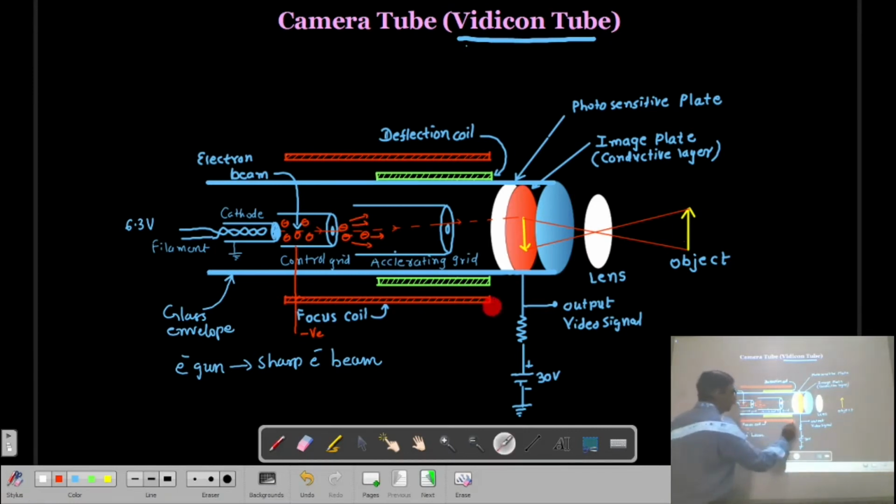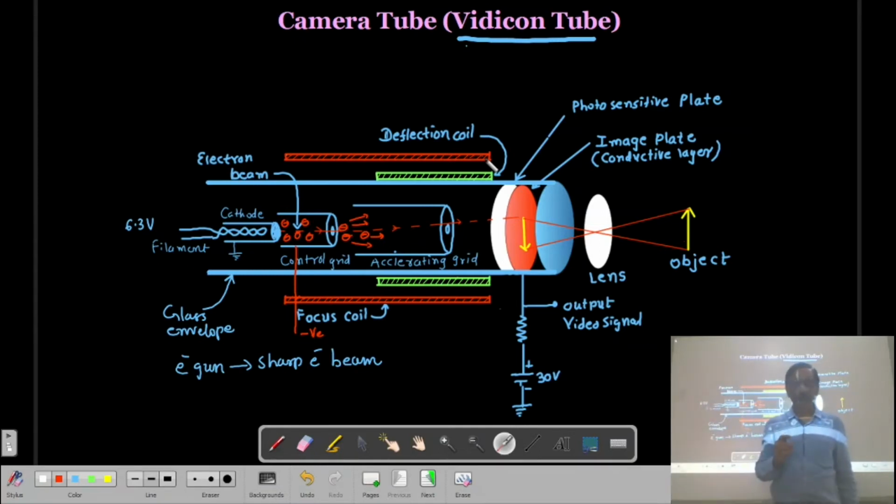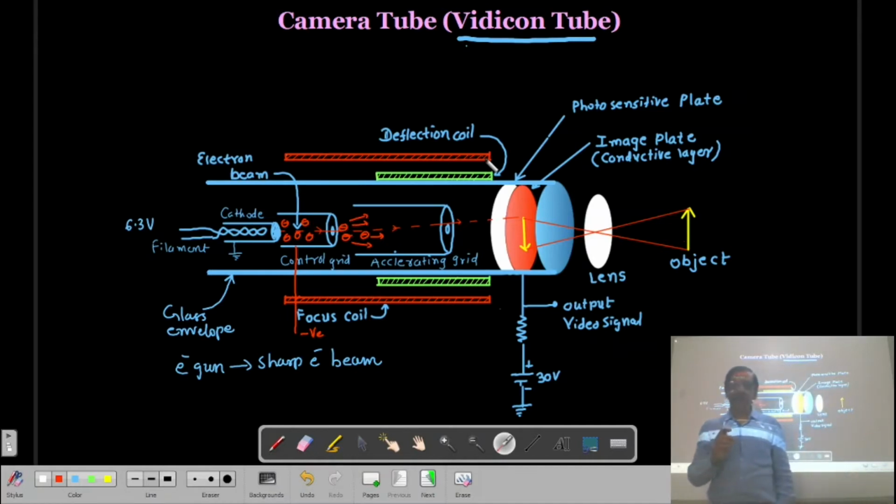This is a focus coil and it is on the neck of the camera tube. So basically this focus coil is producing a magnetic field. When we pass the current, it produces the magnetic field. And already you know that when the electron enters the magnetic field, then it is going to be